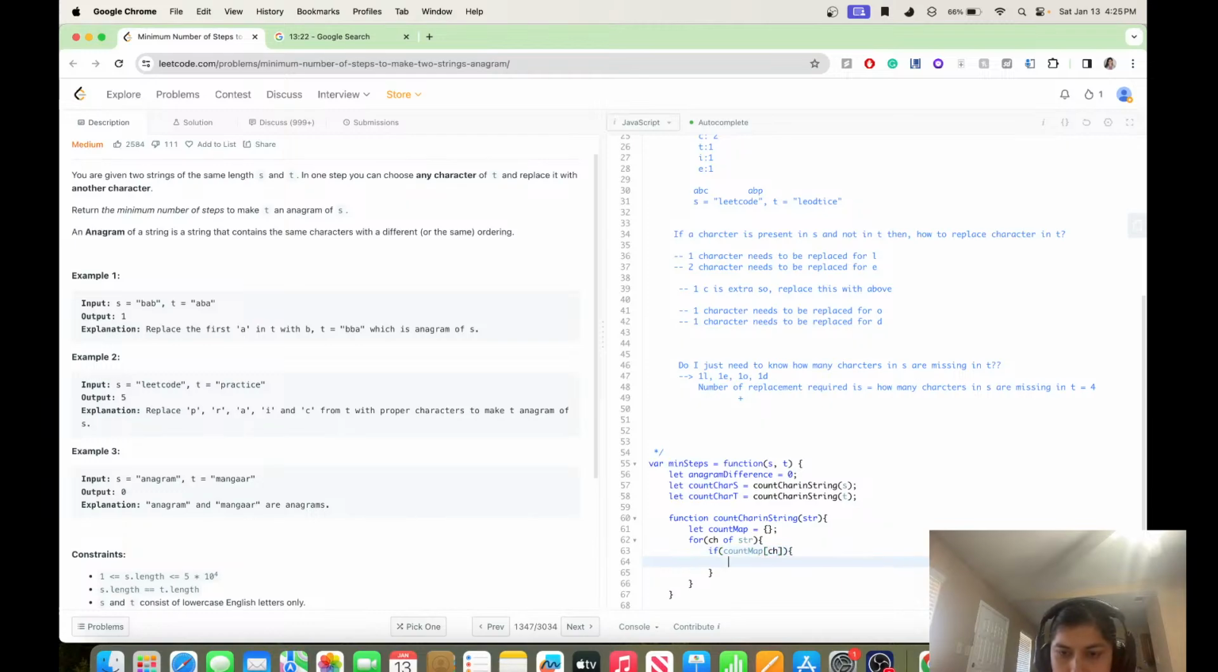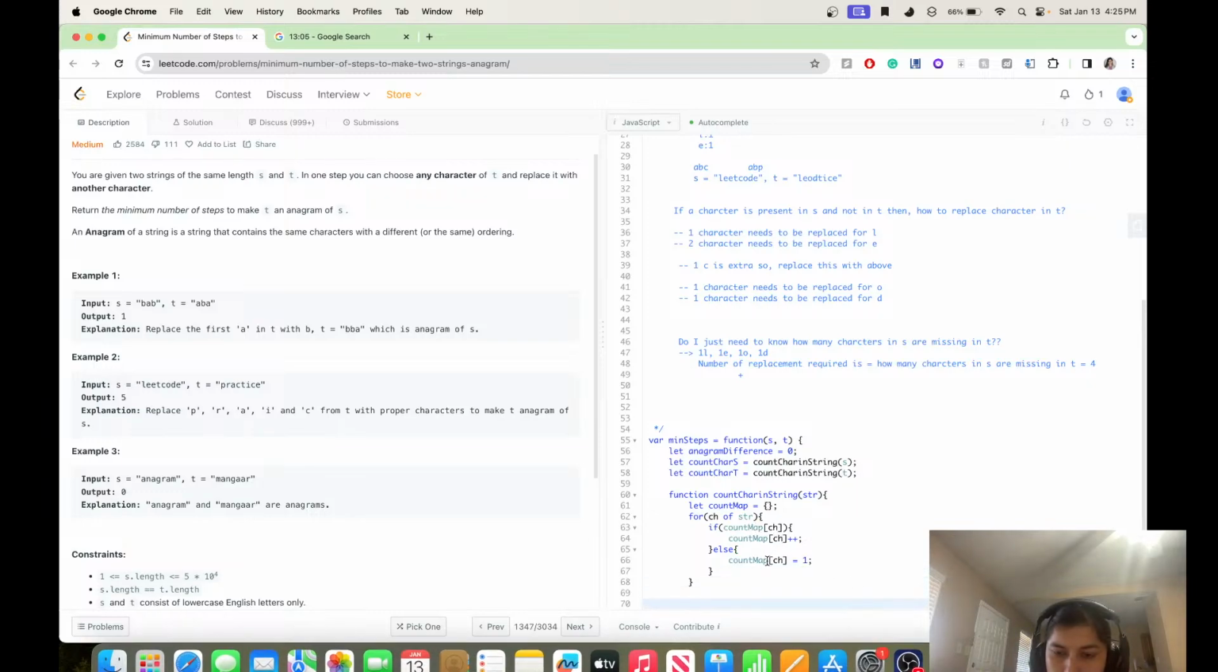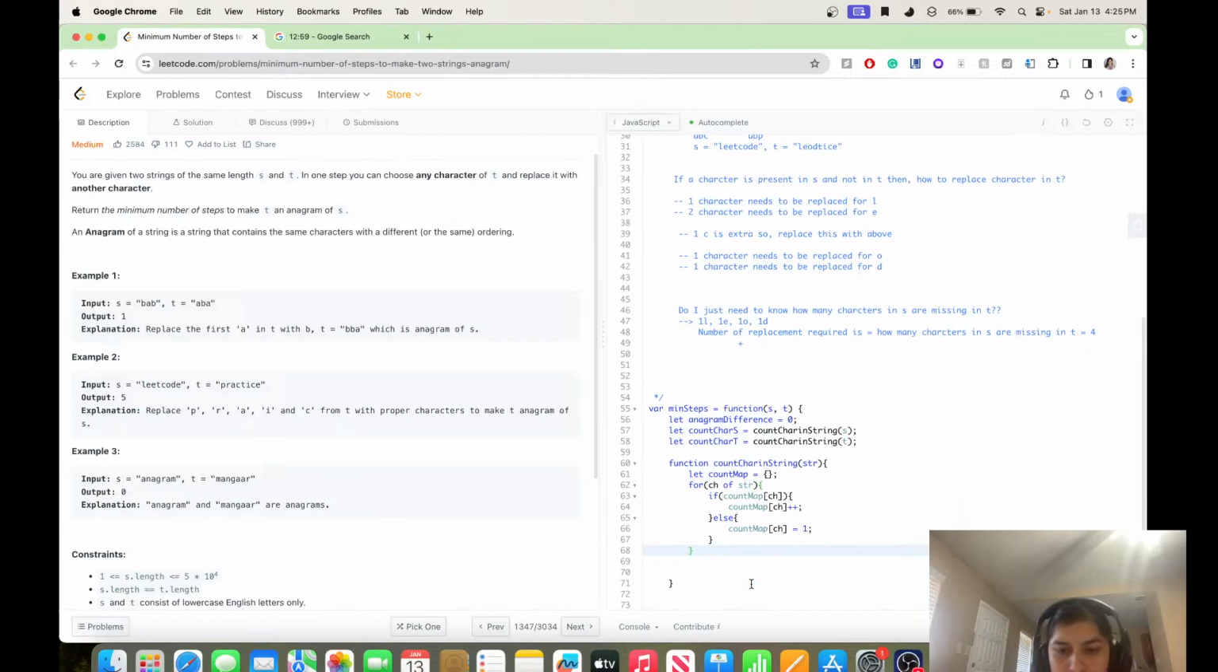If it is already present, then it should be plus plus, otherwise I need to start it from 1, right? If it is not present, if that character is A, then if it is not present, then it will be 1. Yeah, then return count map,